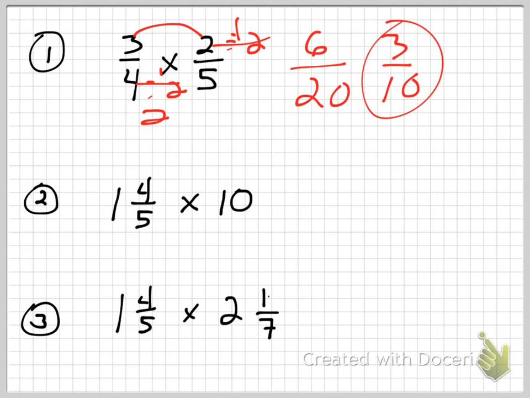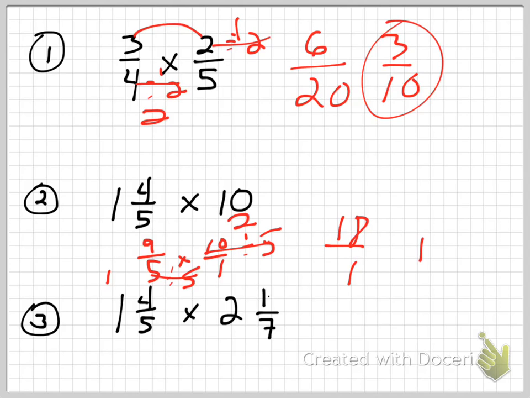Number 2. What do I have to do here? Turn the mixed number into an improper fraction. Very true. So it's 9/5 times 10 over 1. Can I reduce anything? Yes. Divide by 5, divide by 5. This is now a 1. That's a 2. 9 times 2 is 18 over 1, which is just 18. If you'd wanted to, you could have just multiplied 9 times 10 is 90 divided by 5, but then 90 divided by 5 is not super